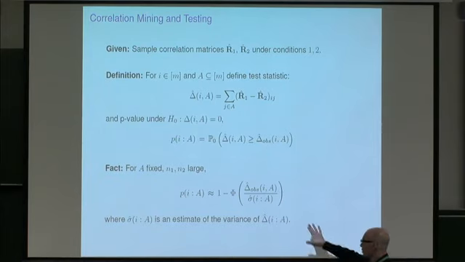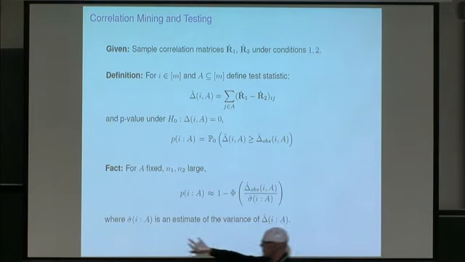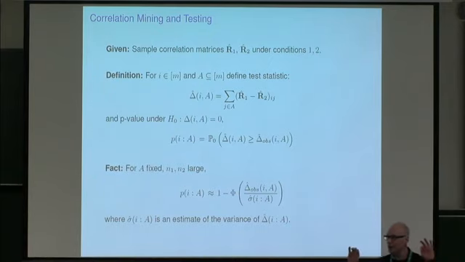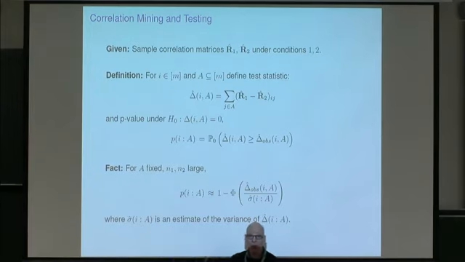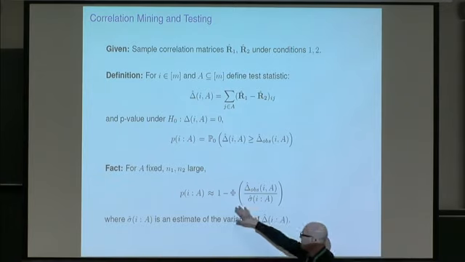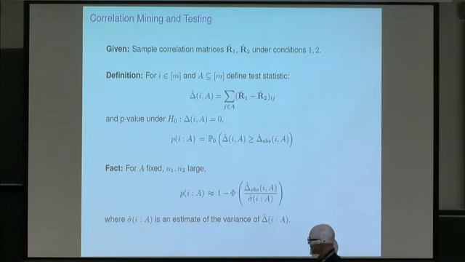All right, but this is true. This is a theorem. And there's a rather ugly formula for sigma hat, so it's important. We're assuming that we don't have differential correlation, but we do have correlation under the first condition, and we have correlation under the second condition, and those empirical correlations end up getting plugged into here, right? So we do need to look carefully at the structure of R1 hat and R2 hat when we're trying to compute this p-value, and that comes in there in particular. Okay, is everyone okay with that?